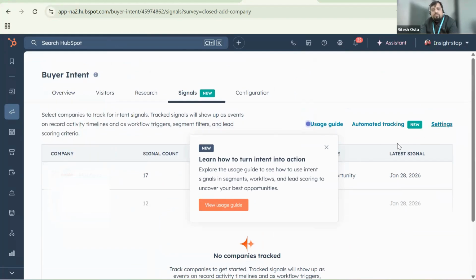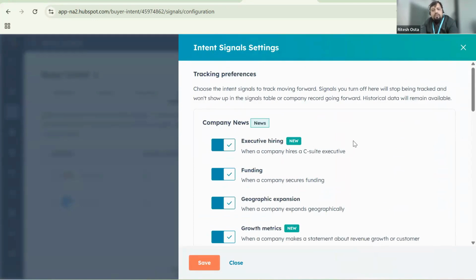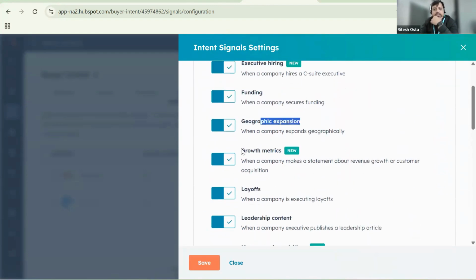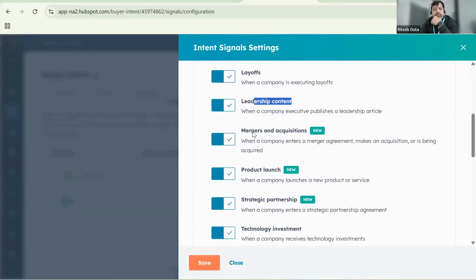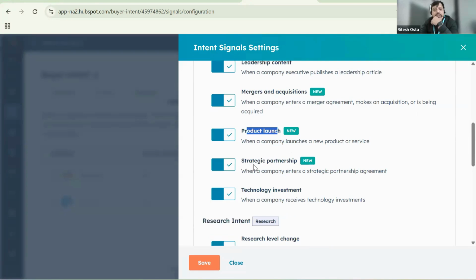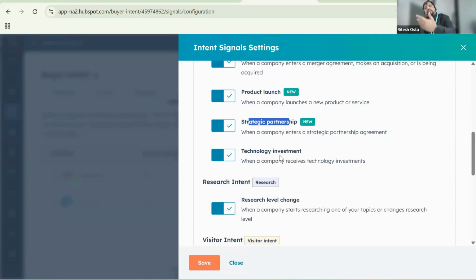So if you go into the settings, these are the kinds of signals you can track. For example, for all the companies in my CRM, I want to track whether they are doing executive hiring, C-level hiring. Okay, track that. Good. Funding, whether they are getting new funding. They are doing geographic expansion. Okay, they are doing any layoffs. They are doing any mergers and acquisitions, right? They are doing any new product launches. They are doing any strategic planning. I mean, you see the technology investment. For example, they are buying Salesforce,